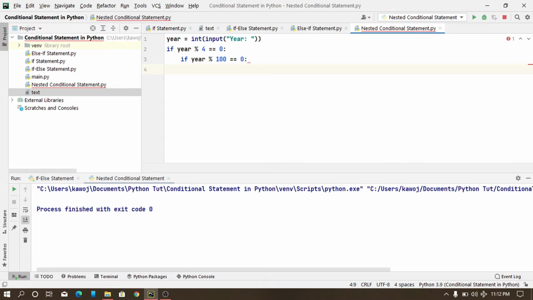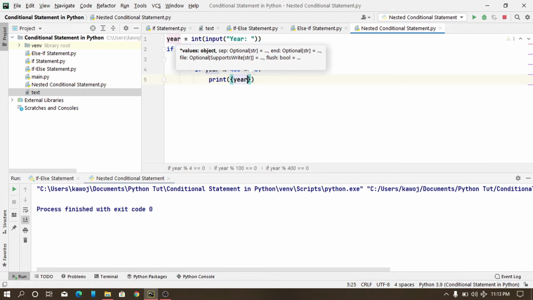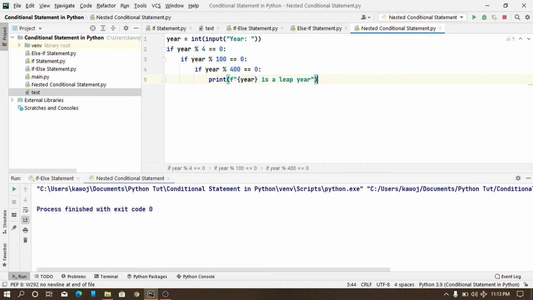then another if statement. If year modulo 400 is equal to 0, then we can say print year is a leap year. Then moving back, leaving this if block statement,